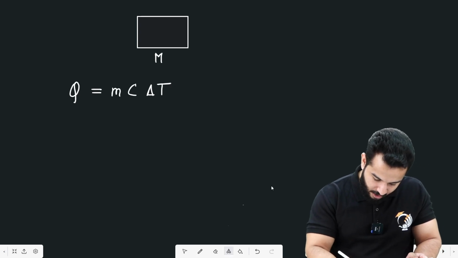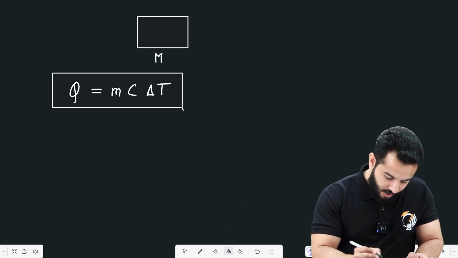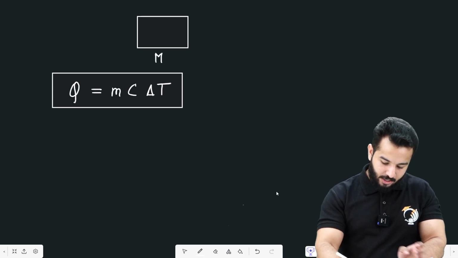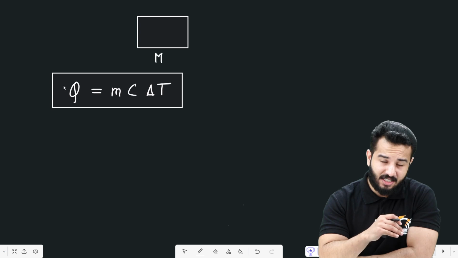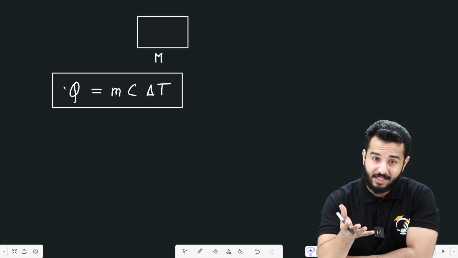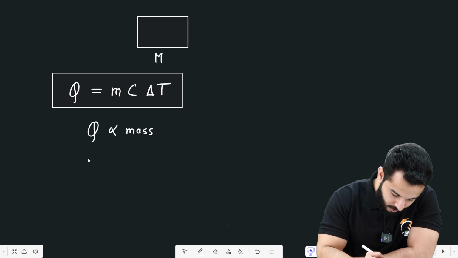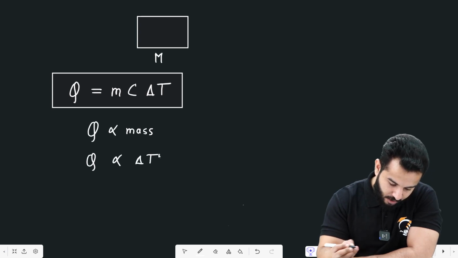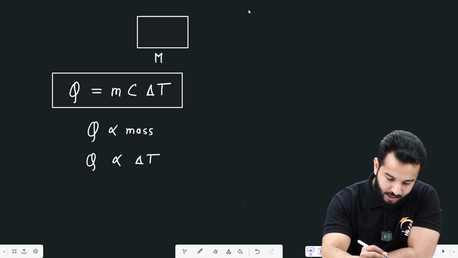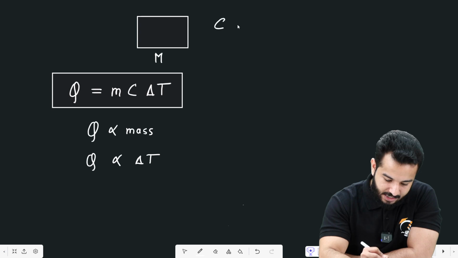mc delta T. Now what do we really mean by this? By this we basically mean to say that the heat that is getting out of a body or which is getting absorbed by a body is directly proportional to the mass of the body, is directly proportional to the change in temperature of the body, and this constant that we have written over here, that is C, this is actually known as specific heat of water. Oh, sorry, specific heat of any substance,